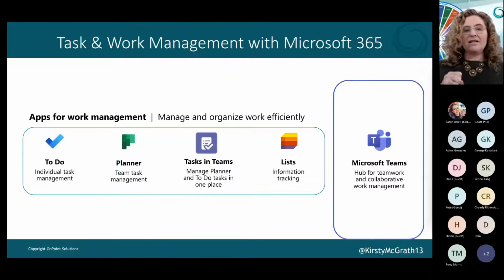To Do, I find, is my task management heaven. It's where all things come together for me, where all that tech flows into one spot, whether it be some other tech, and we'll go into that in a minute.